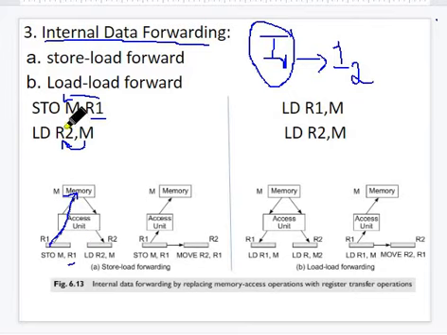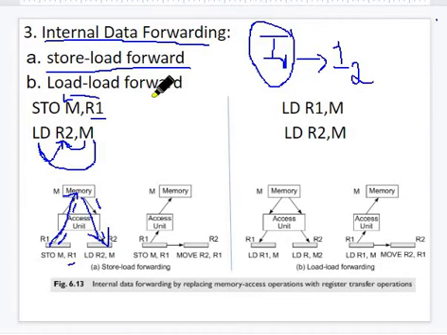Next, R2 wants to get data from the same memory. That means R2 wants to fetch like this. So what happens here? One cycle, 2 cycles, 3 cycles and 4 cycles. So instead of store then load, make a method called store-load forward. That means one step extra. Earlier, because of only the store, the R1 value is stored onto memory.